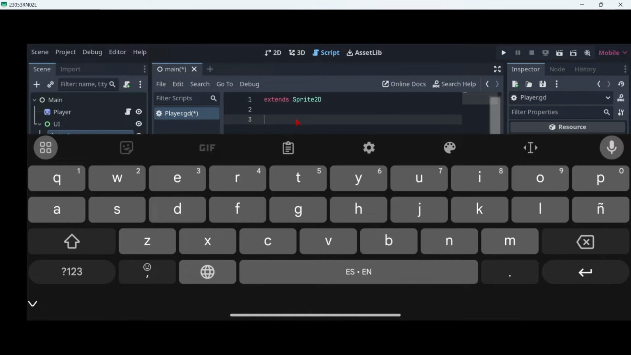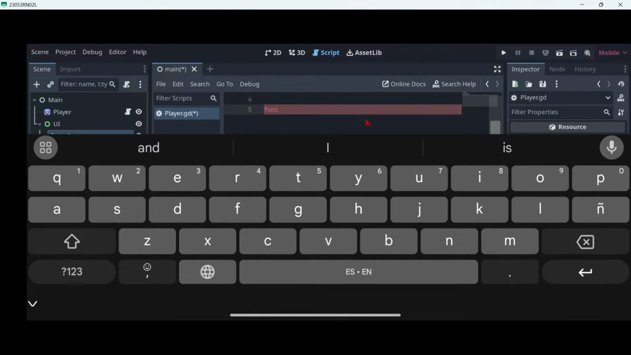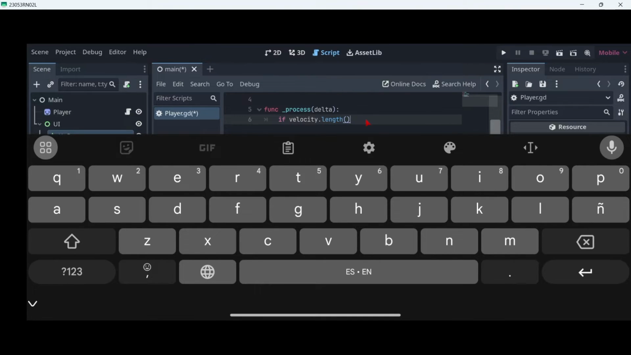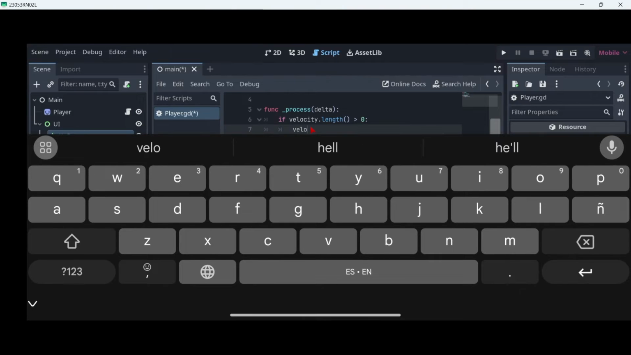So what we'll need here is a velocity variable. So let's create it. And initially our velocity is just gonna be Vector2.ZERO, okay? Which means that we are not gonna be moving. Now we are going to call our _process(delta) function. So let's type it over here, process delta. And over here, what we are going to check is if our velocity.length is greater than 0, which means that we are basically moving because it contains some kind of value, we are going to set our velocity to be equal to